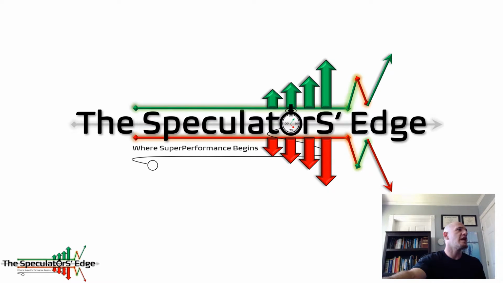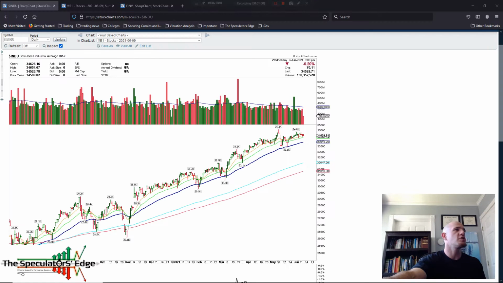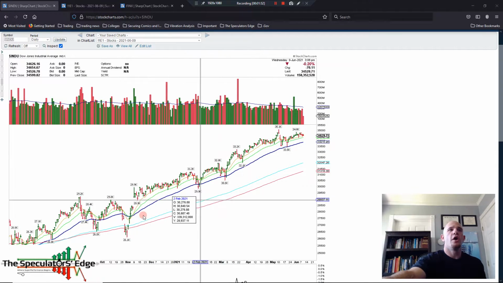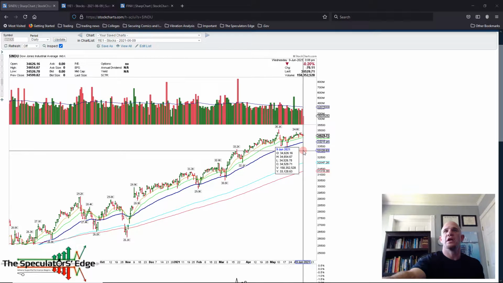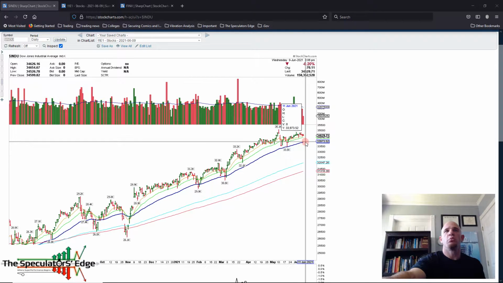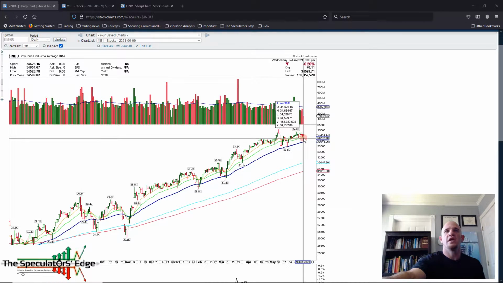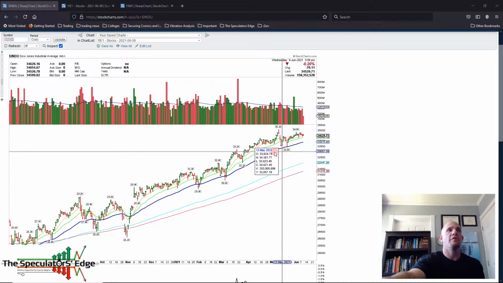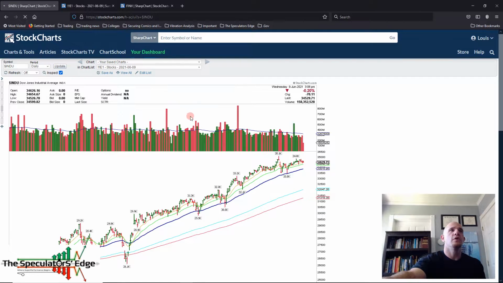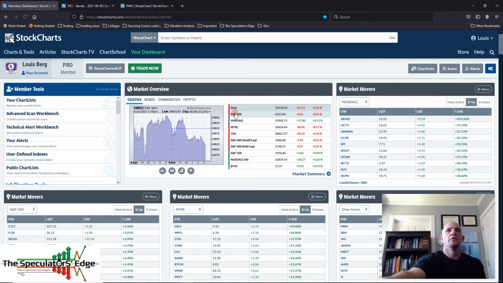Let's go look at the Dow Jones Industrial Average first, see what's going on here. So we're still in a solid uptrend, of course. Today we're having a down day within the index itself. I wouldn't be surprised if this thing does reach down into this 20-day moving average, and if it breaks past that, expect it to reach down to the 50-day moving average and possibly that 33,500 level.